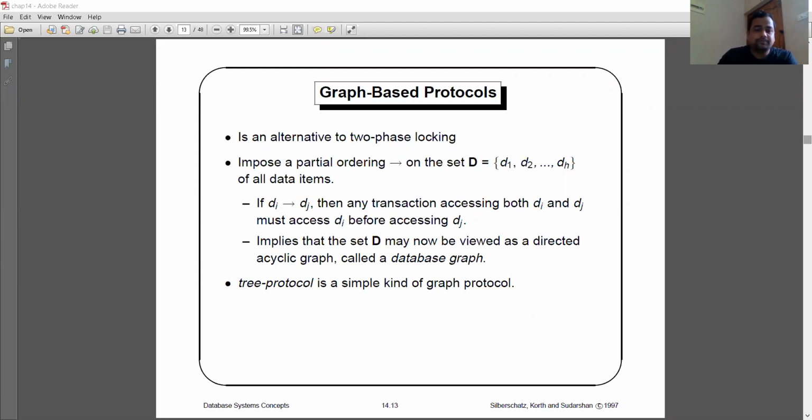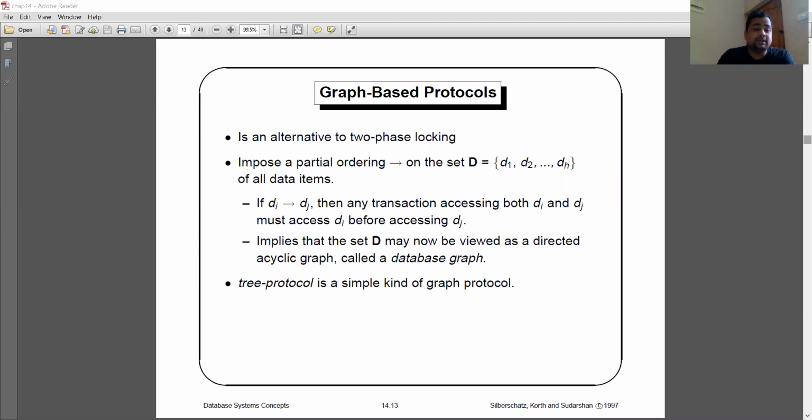So now let us consider an example. Let us say I have two transactions. You can easily follow that: transaction T1 and transaction T2. Two transactions will be there, transaction T1 and transaction T2.